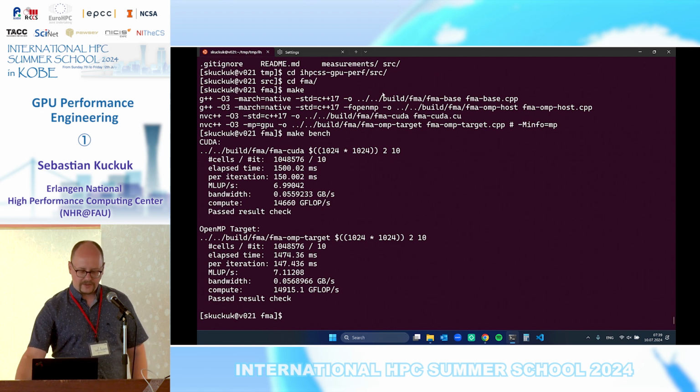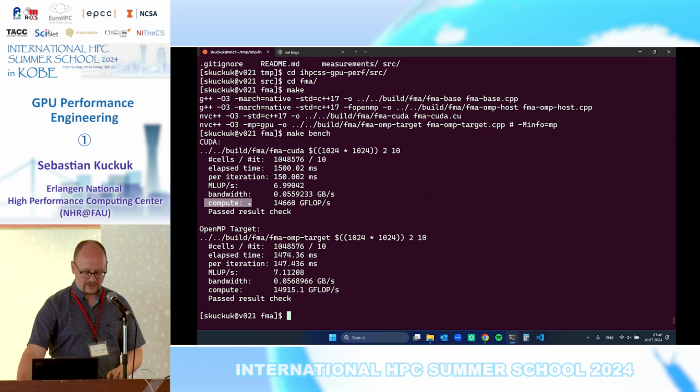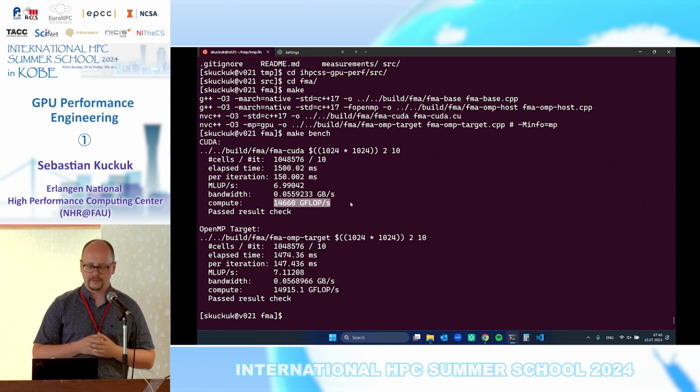And the relevant things that we can see here are a couple of metrics. So depending on your application scenario or application background, you will either think in MLOPs, in bandwidth, or in computational throughput, usually. Of course, there are more specific metrics as well, but these are the things that are usually important. If you're not familiar with those, that's fine. But at least the bandwidth and the compute should be familiar by now because I've talked about them for like 40 minutes now. Okay, and as you can see, we get about 15 gigaflops, which is pretty close to what